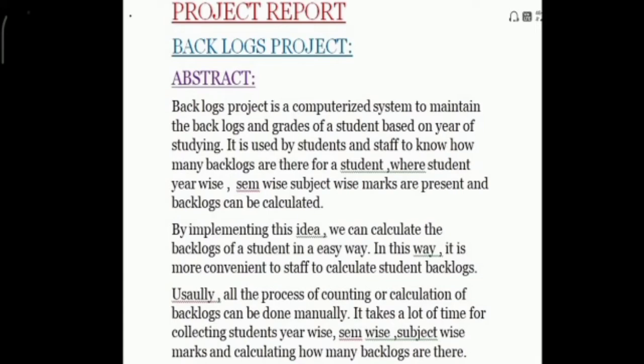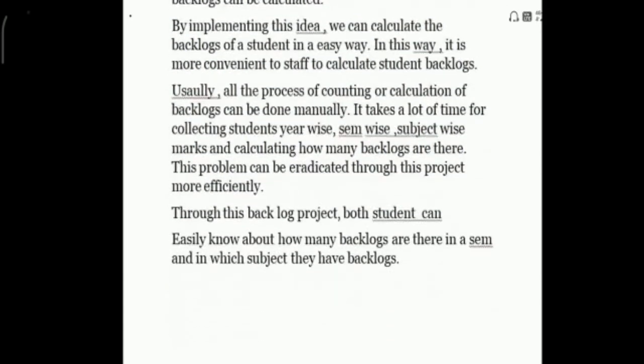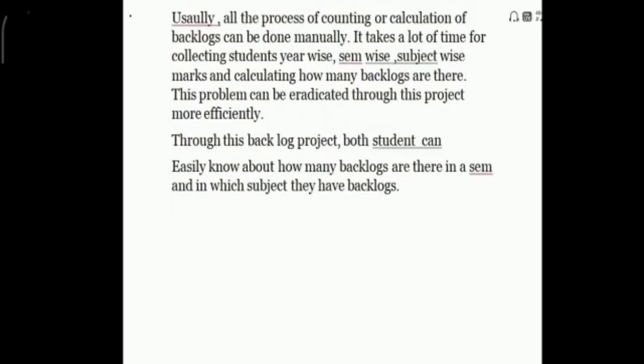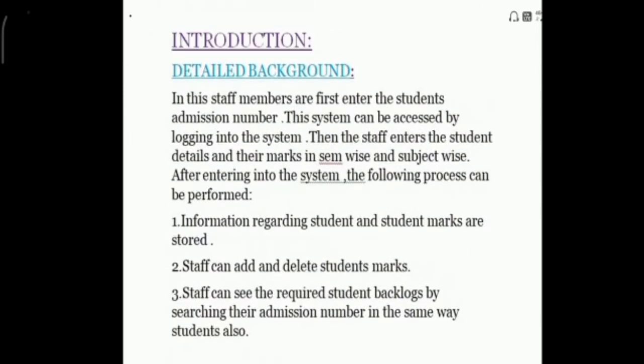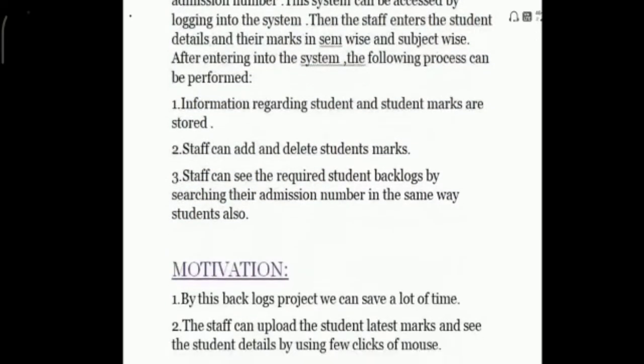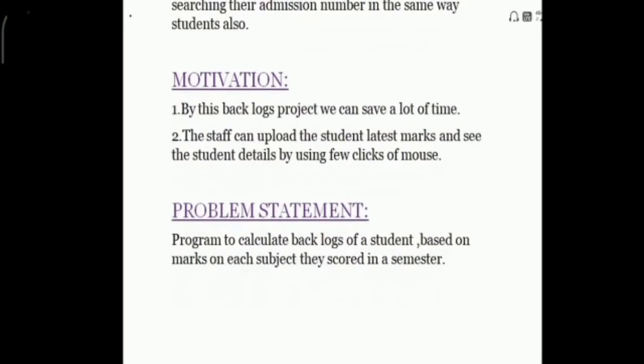Now I want to demonstrate our project, Backlogs and Remedial Management System. The main motive of this project is to determine whether a student has a backlog or not and to calculate the number of backlogs. In this project, we considered the rules to calculate a backlog as per the JNTU R20 regulations. So, before going to the code, let me show you those rules.